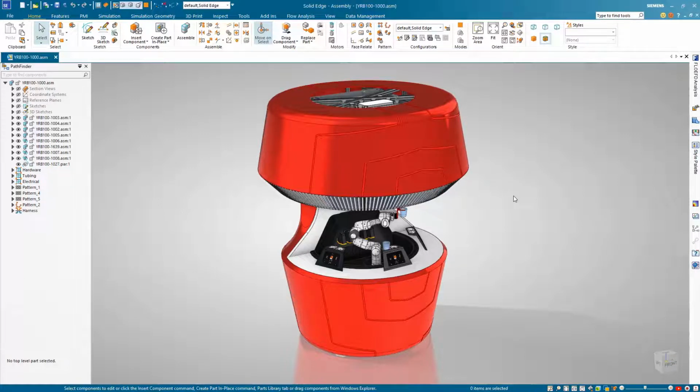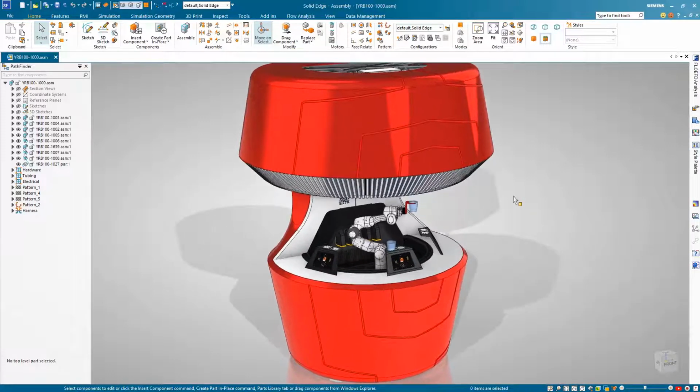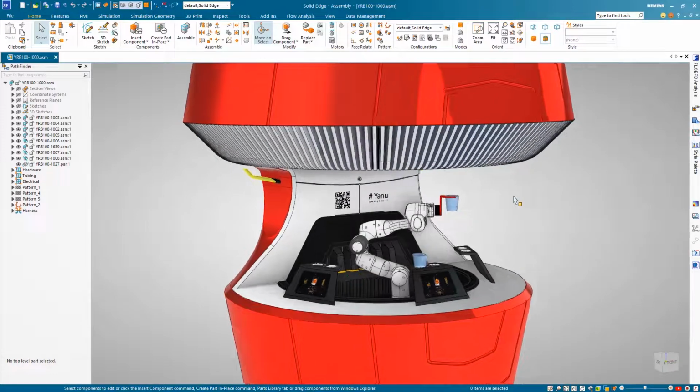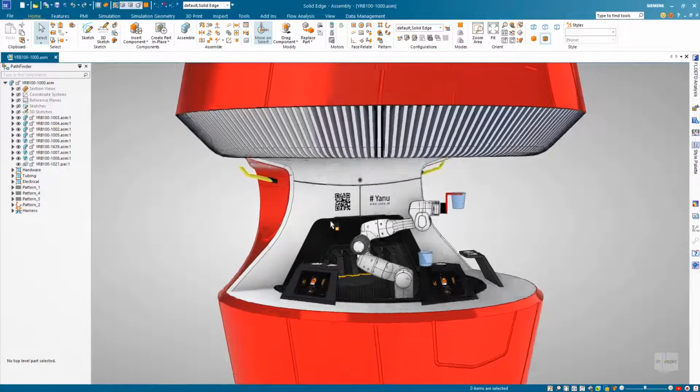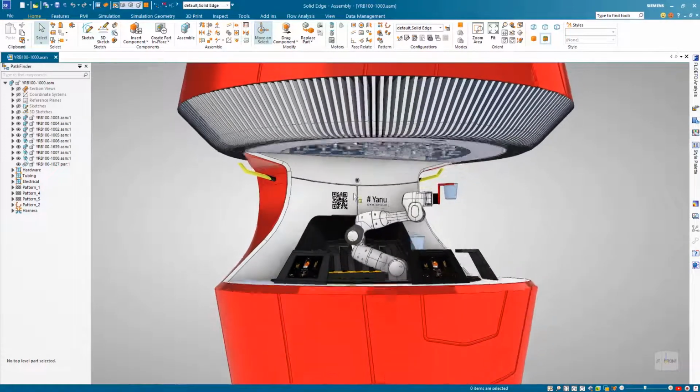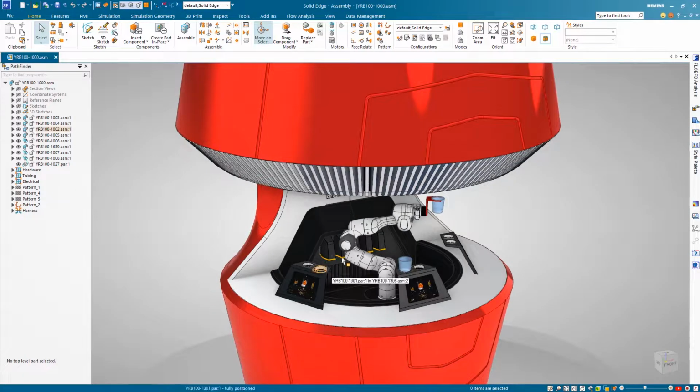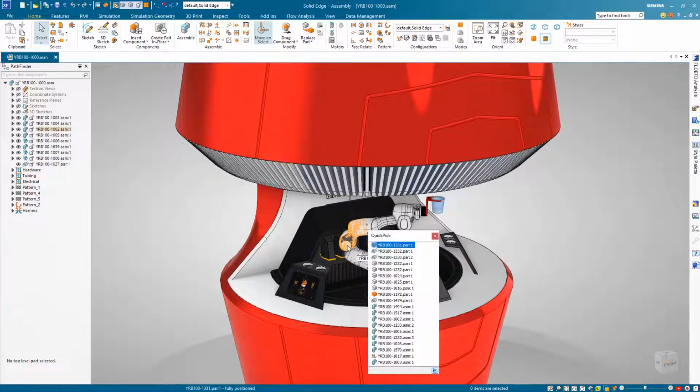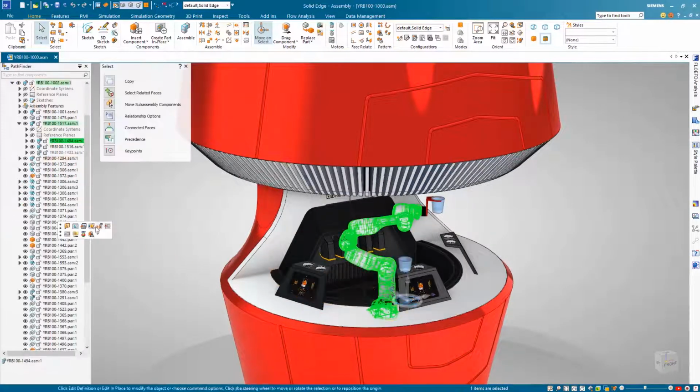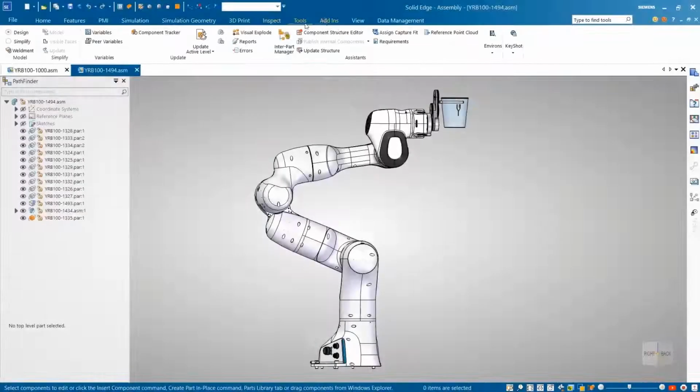Solid Edge is even more tightly integrated with other downstream processes and now has the ability to transfer assembly kinematic information to applications such as NX or Process Simulate in order to perform further dynamic studies or operations. In this example, we save time and minimize errors by transferring the motion kinematics of this robot arm from Solid